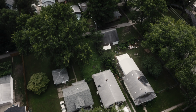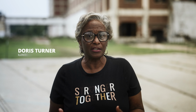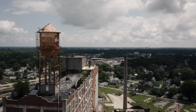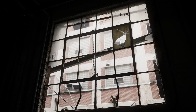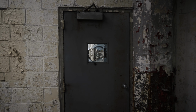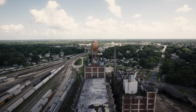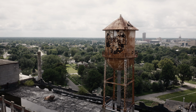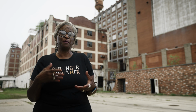Northside Springfield is a very strong community. So it really breaks my heart now to see what has happened with Pillsbury. People here are struggling. There's a lot of crime creeping into the neighborhood. One broken window always creates another one. And so I think just getting rid of this will provide some neighborhood stabilization and then allow it to start rising back up. It's still a great community. There are still great people who live here. We just want to make sure that they have a safe place to live that is free of environmental concerns